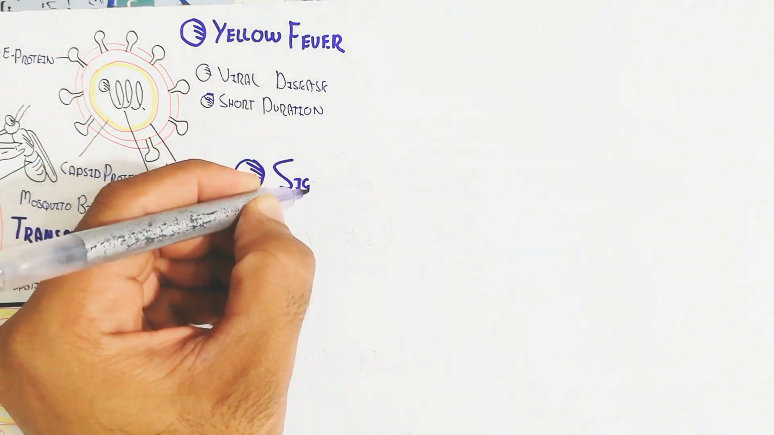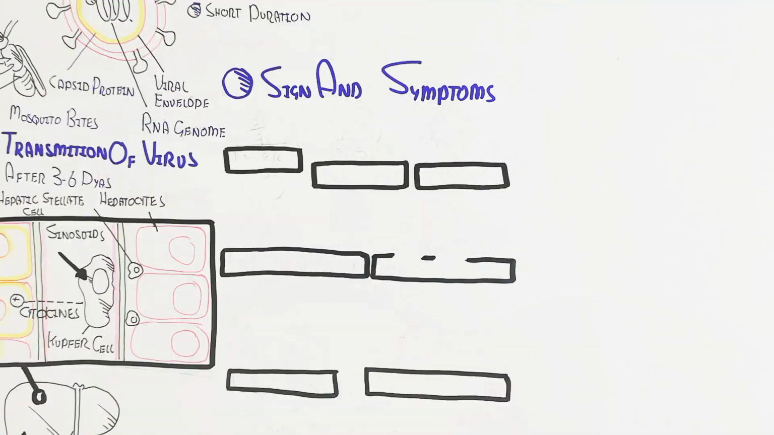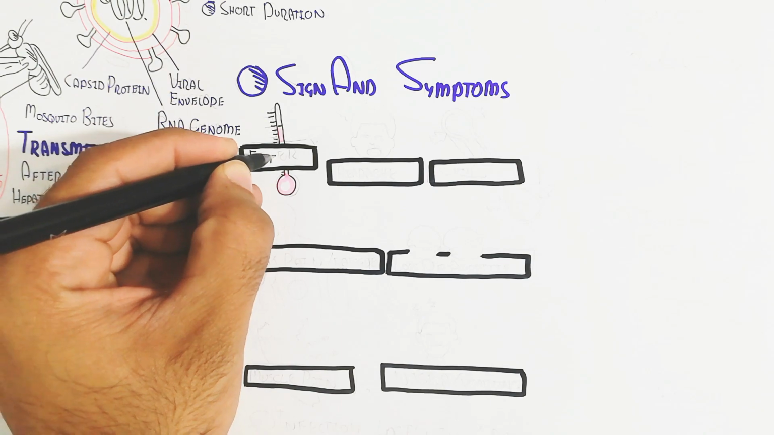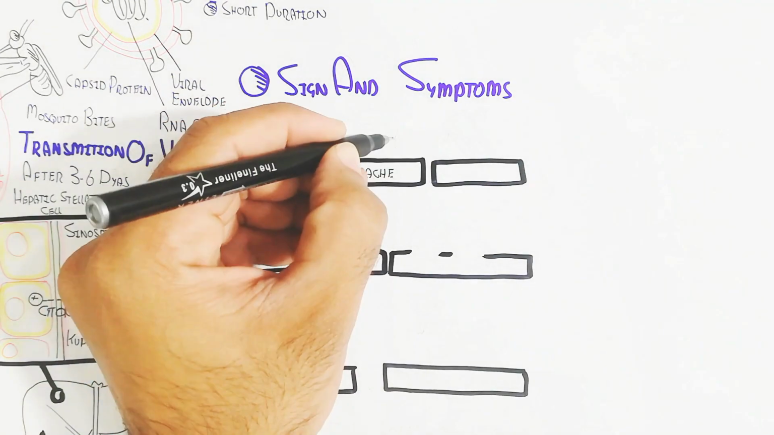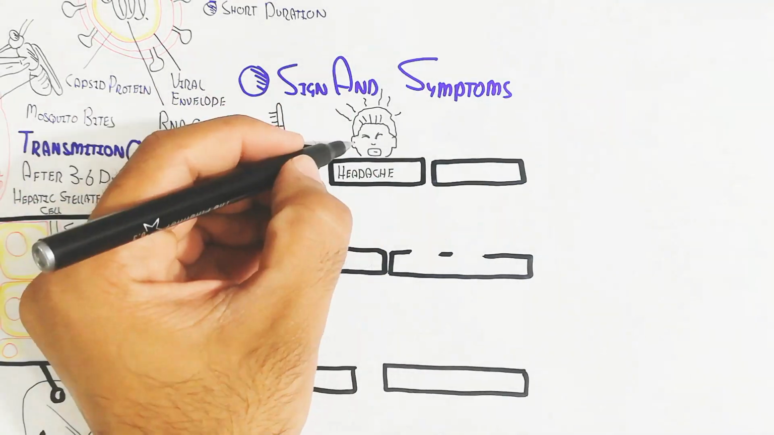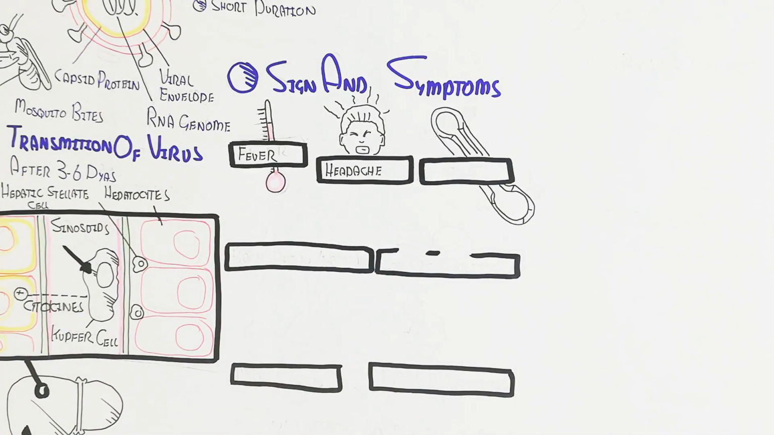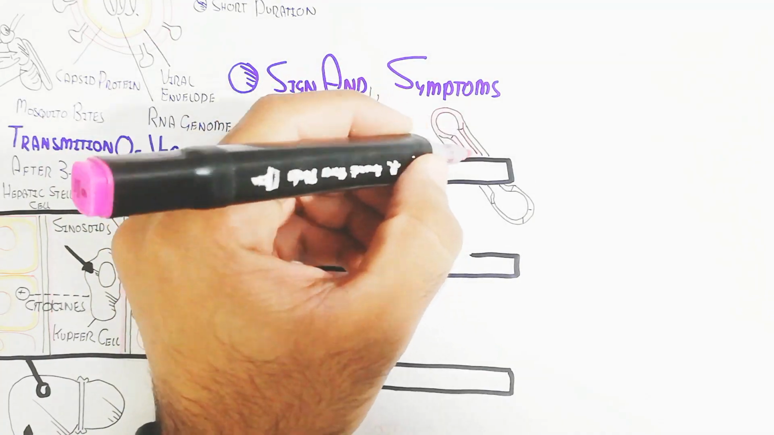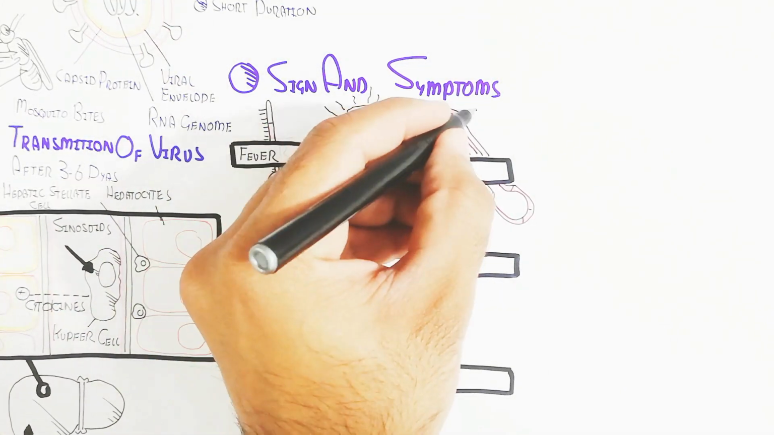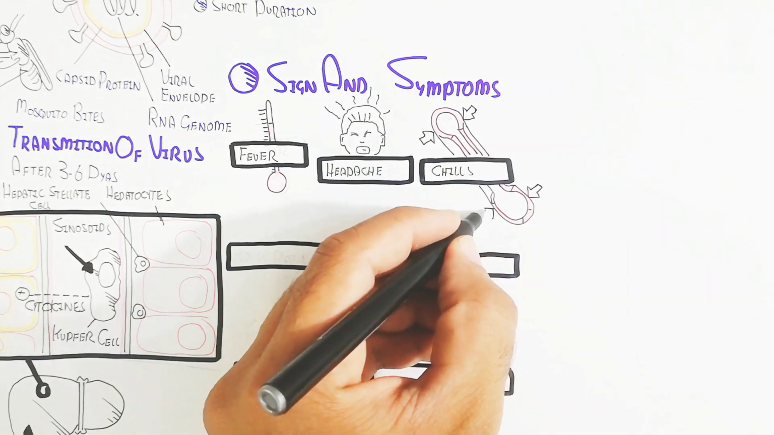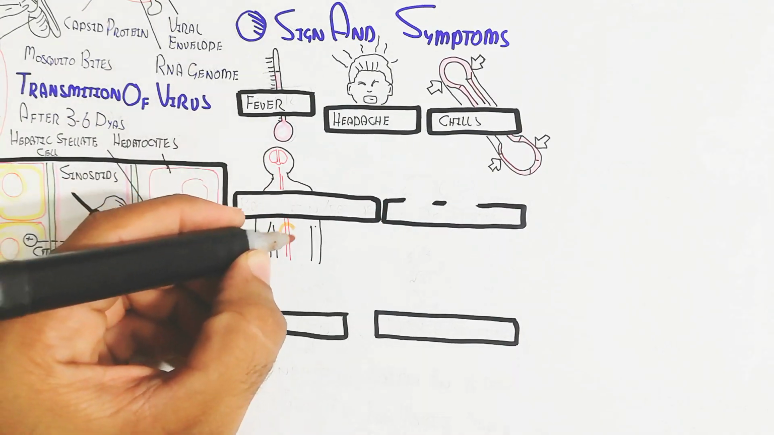So let's understand the progression. After 3 to 6 days, the signs and symptoms will show, like high fever, headache, due to the high fever, and chills. Chills are due to the internal vital organs being more heated, while the peripheral organs cool down, and vasoconstriction will occur, leading to more chill